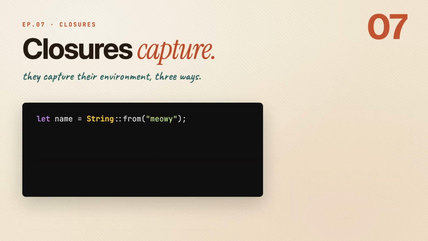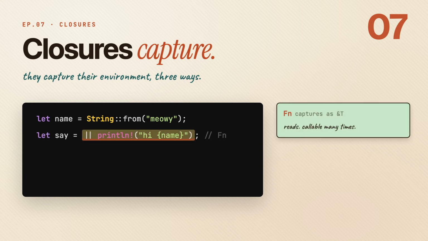When a closure uses an outside value, it captures it. And there are three ways to do that. Say only reads name, so it borrows it. Basically it's shared. You can call say as many times as you like. That closure is an Fn, or function. Now